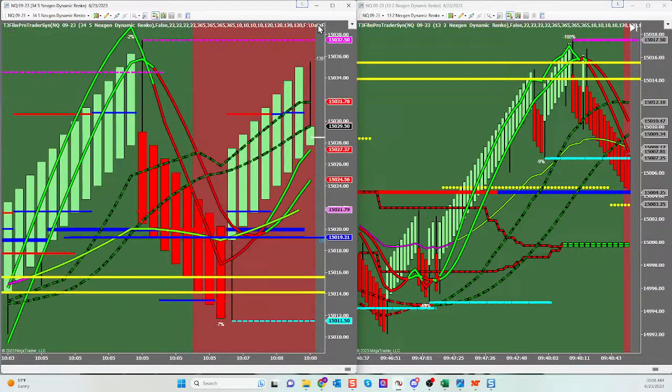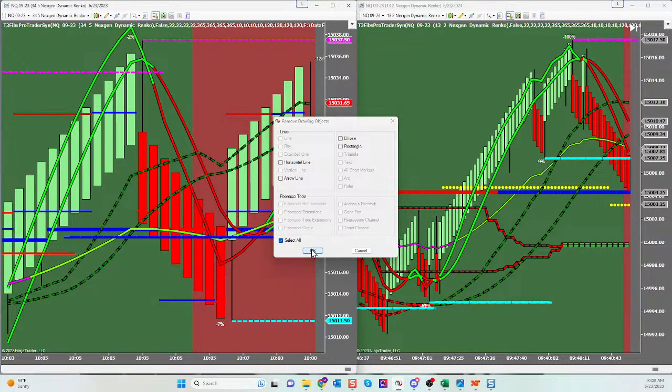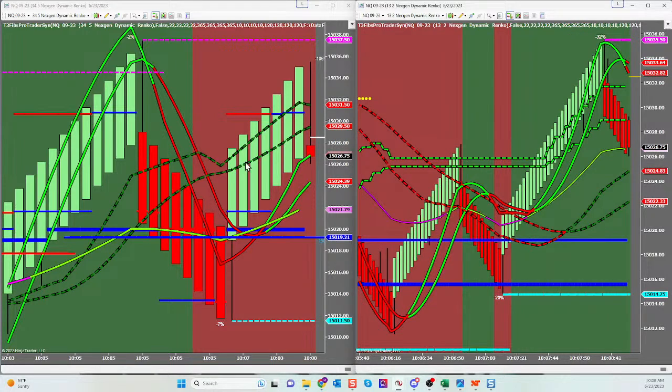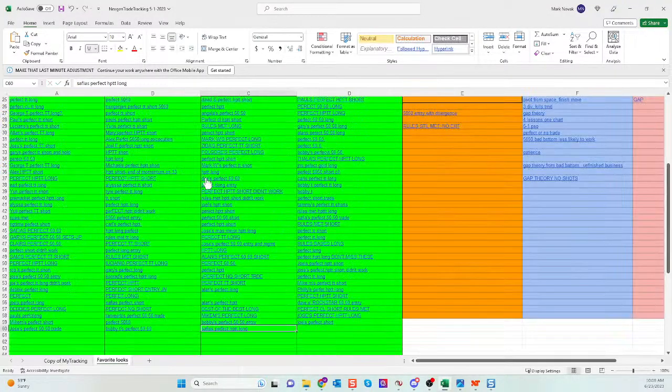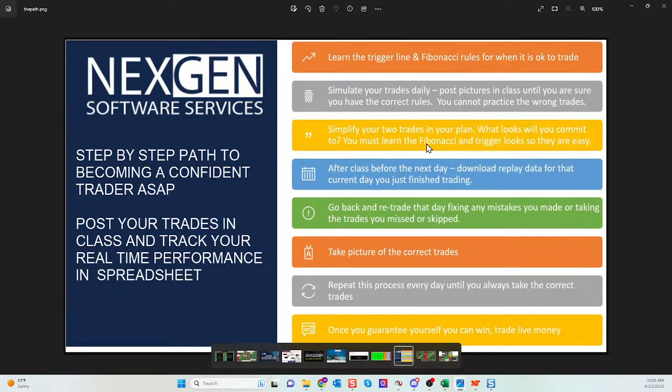Guys, it's easy when the charts are doing nothing, isn't it? It's easy to do this after the fact. It's easy to do it when there's no pressure, when you don't have to make decisions. That's why you do it on Simulator. That's why you scroll back and you look at these entries. That's why you take these pictures. Guys, this is why you create a database so stinking big that you never miss this look, that you create this confidence, this trust, right? That you study the looks so that they're easy. Because when they're easy, you'll never miss these, guys.